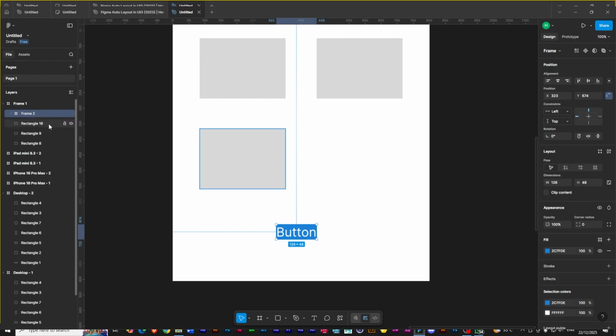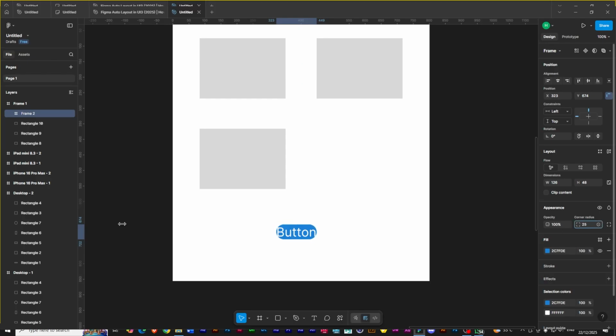Okay. So now, because I've made this a frame, I can now add things to the frame. Like if I'm doing the rectangle, I could actually add rounded corners, okay, to make the frame look like a button, but that's going to be kind of weird, because it's kind of entering into the button stuff. So what I will want to do to this frame